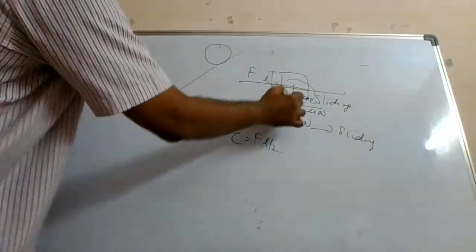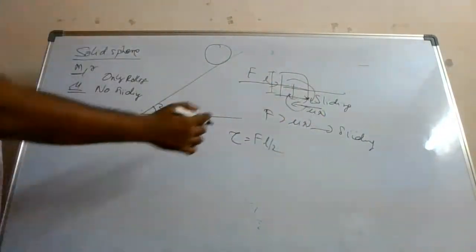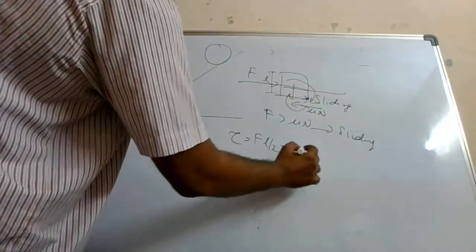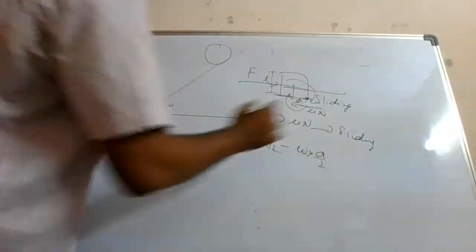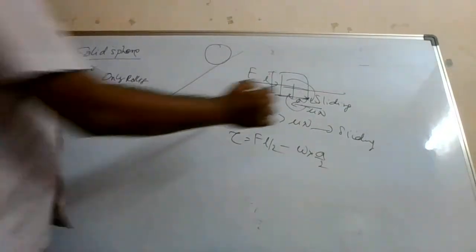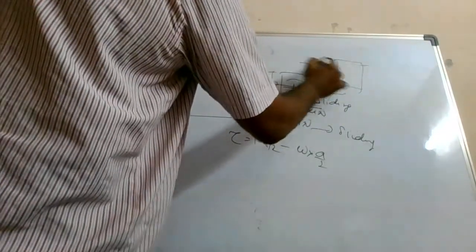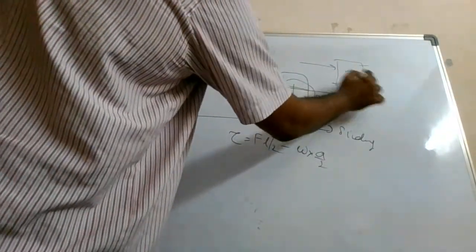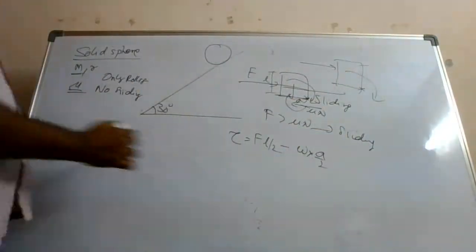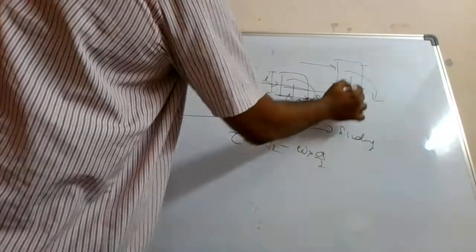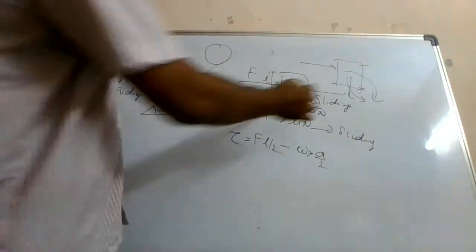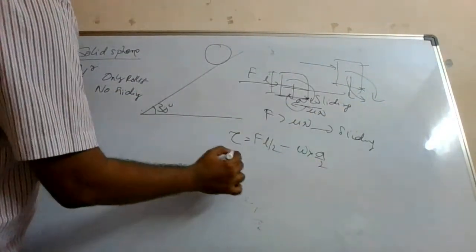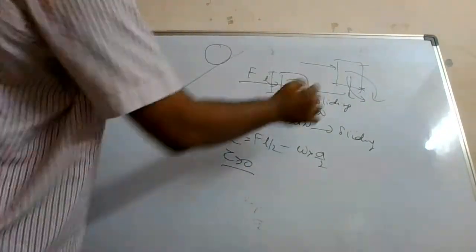Alright, but this weight also is creating a reverse torque about this point. Let us say the weight is W and this distance is A, so W into A by 2. Understood my point? I took this block, I applied a force about this point, it is creating this type of torque. But this weight is also there, it is creating a torque in the anti-clockwise direction. It will be opposing that. So if this net torque is greater than 0, it will topple.